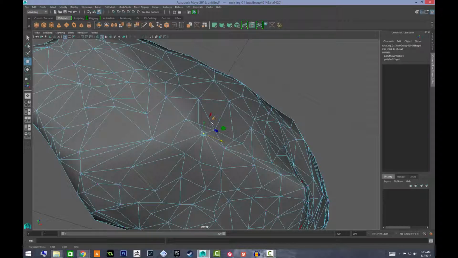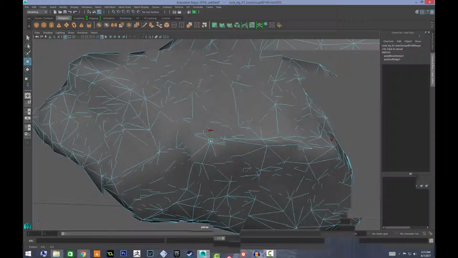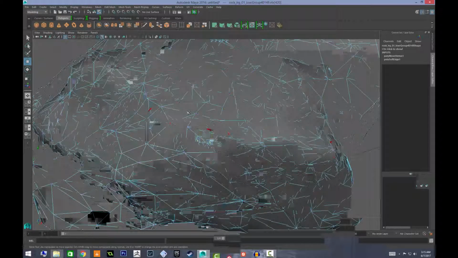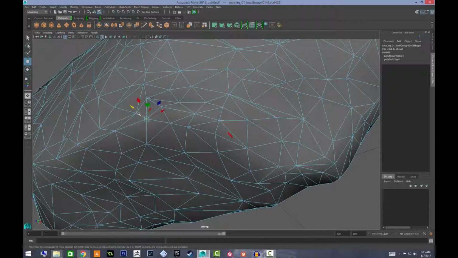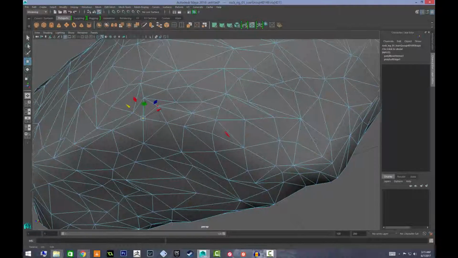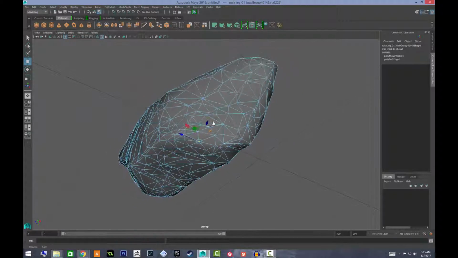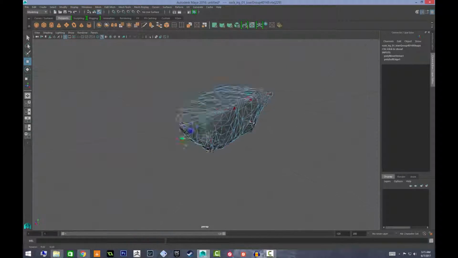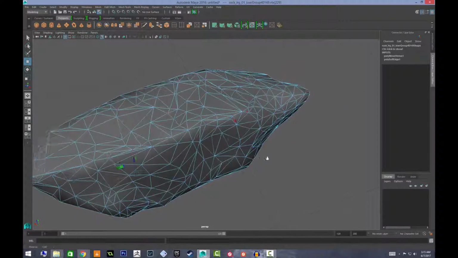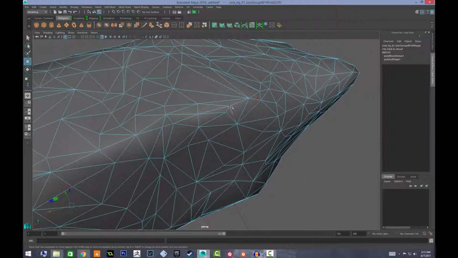I could have retopologized this whole thing with quads. We'll be going over that at some point during this course, but for this object, it's basically an abstract rectilinear blob shape. So for something like that, you can get away with just doing a decimated mesh, bringing it in, and I'm zooming in and out to check how the mid poly works based on the cage, nudging a few verts around,